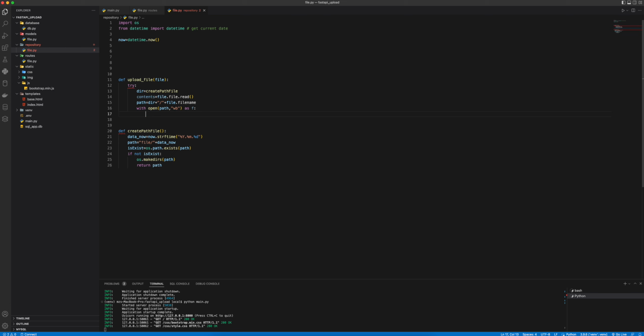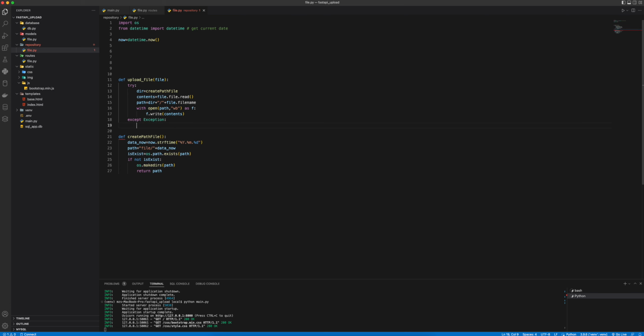Now f can create an instance of this file, f.write contents, this file that we have already read. Now we define a path, and then we say create an instance and write it here. And that's it,